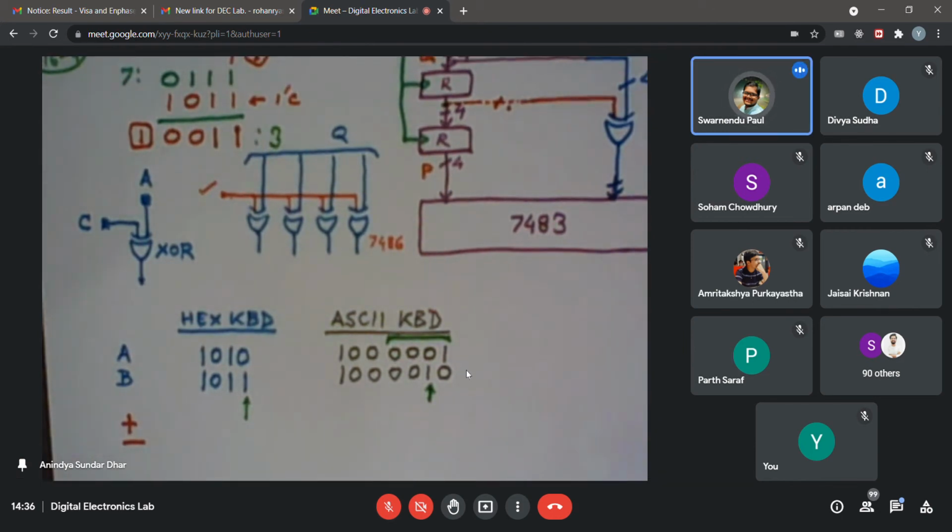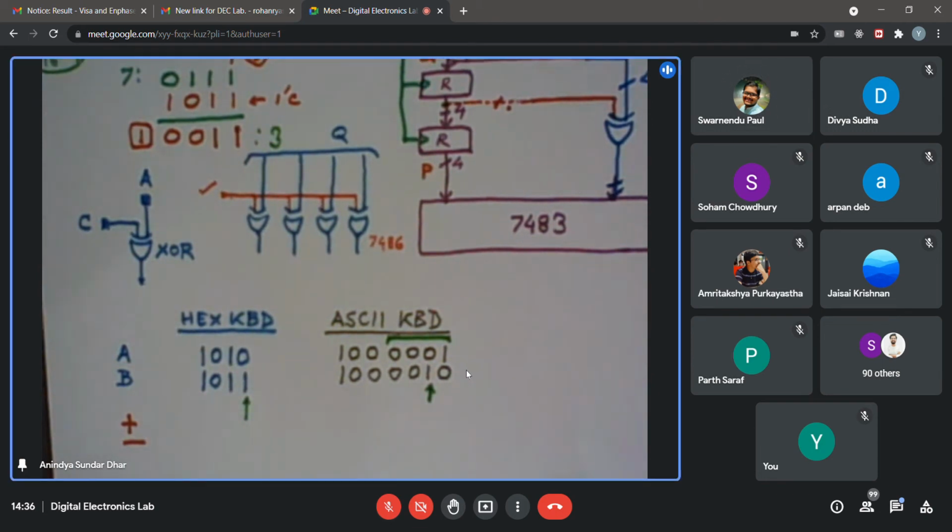43 is 101011. So which bit do you think you can take? Third. Okay. So I'm not writing it. I think let your friends find out from that ASCII table. If you just Google it, you will find that. But just check whether it is authentic or not.